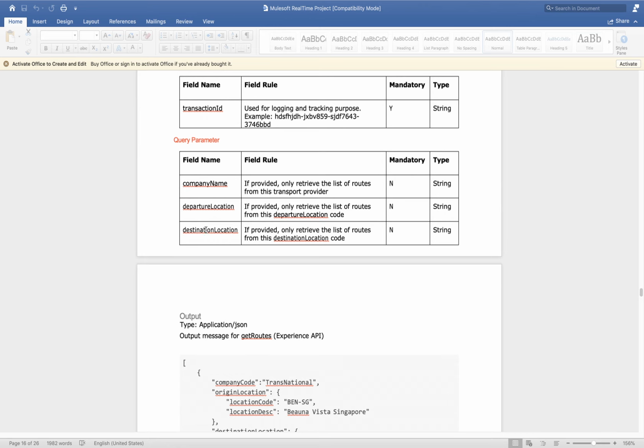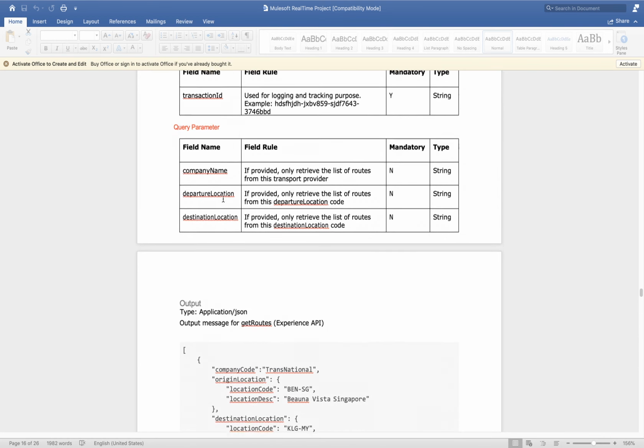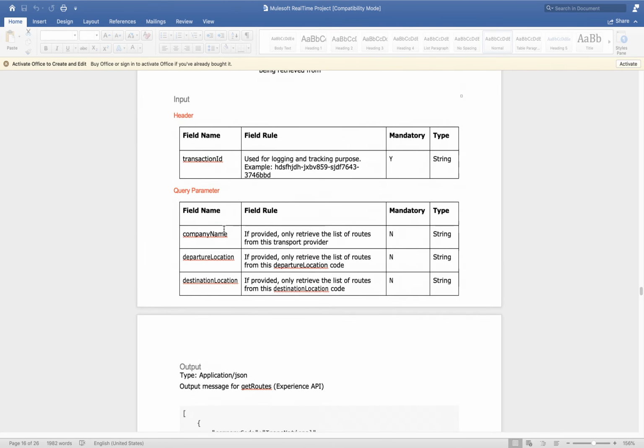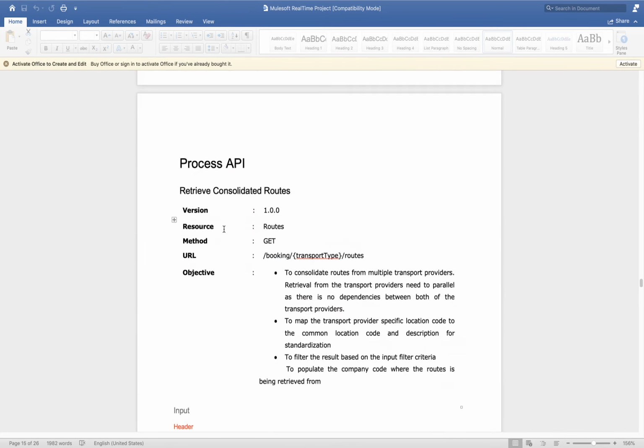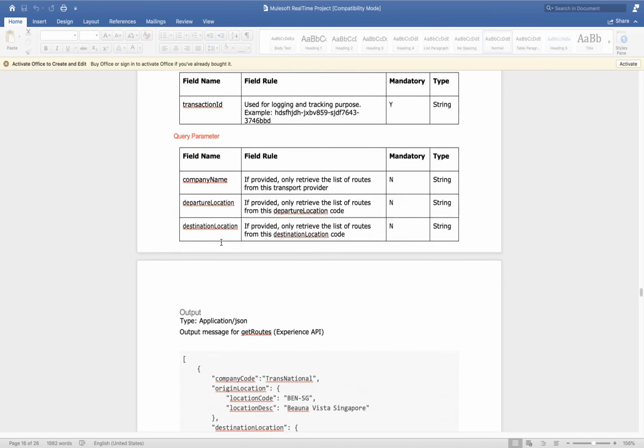So now we need to think how we can implement this. Should we implement it while calling the system API? I think we will not be able to pass this. Do we have anything in the system API? Okay, let me handle this in the process API only, since whatever business logic we are applying, we should apply in the